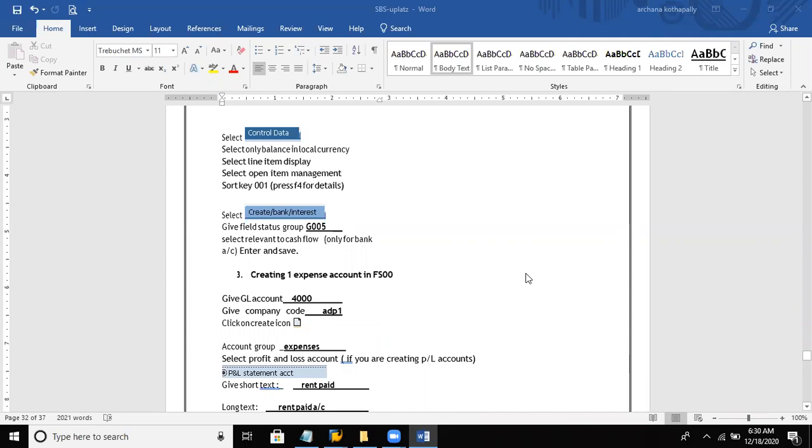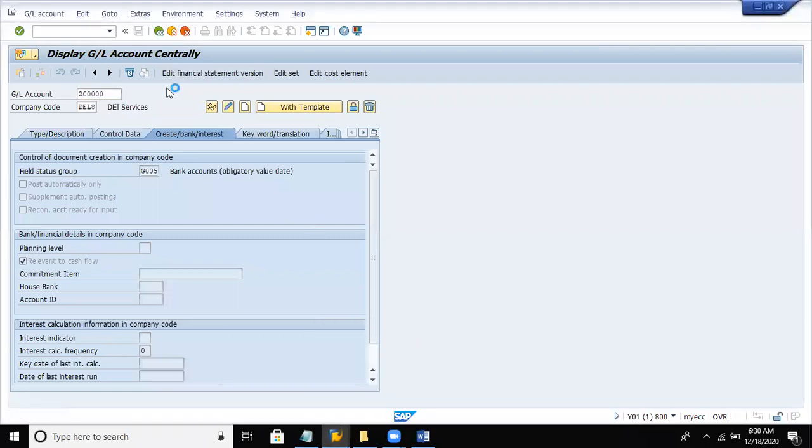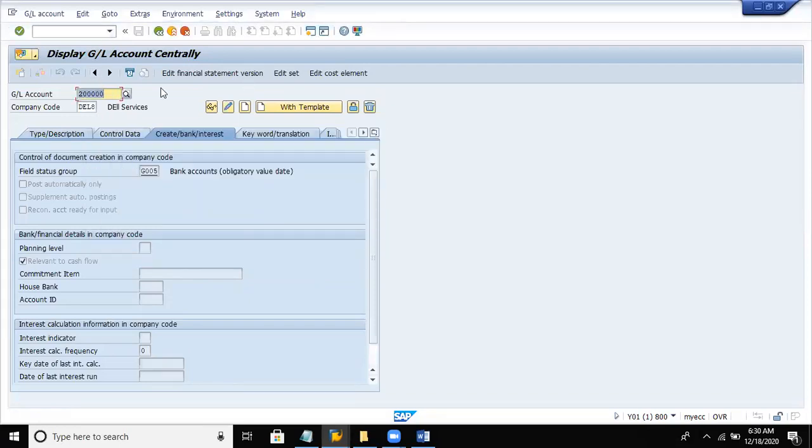Now we have successfully created the bank account. Enter, save. If everything is proper and correct, we will get a successful message stating that the bank account is saved.